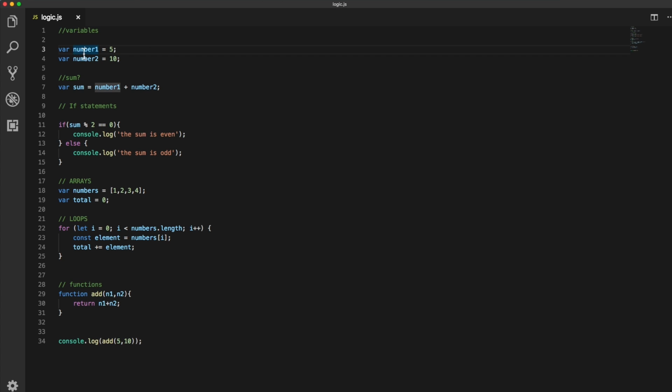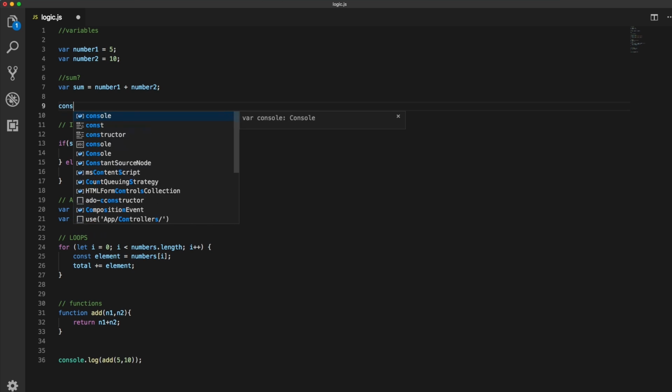So I created a variable called number1 and I made it equal to 5. Created a second variable called number2 and I made it equal to 10. So I have two variables, number1 and number2. And I created another variable called sum, and all I did was number1 plus number2. So if I actually want to display what the sum is, which I'm going to do right now,